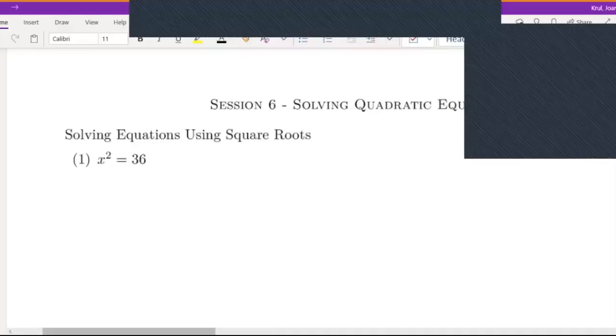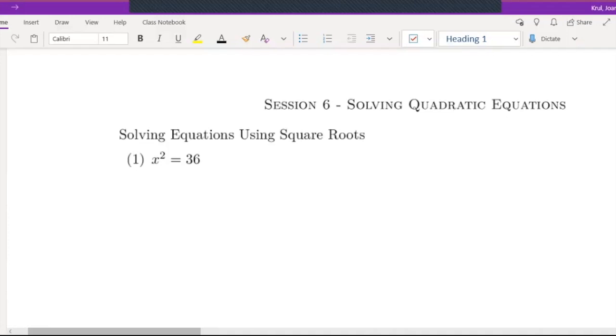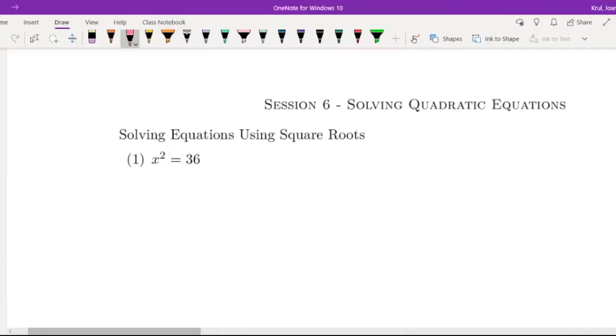In this video, we're going to learn another way of solving equations that have squares. So we're going to be using square roots. Anytime you have an x or a variable being squared and it's alone, we can just take the square root of both sides. But when you take the square root, you must remember a positive and negative sign, because